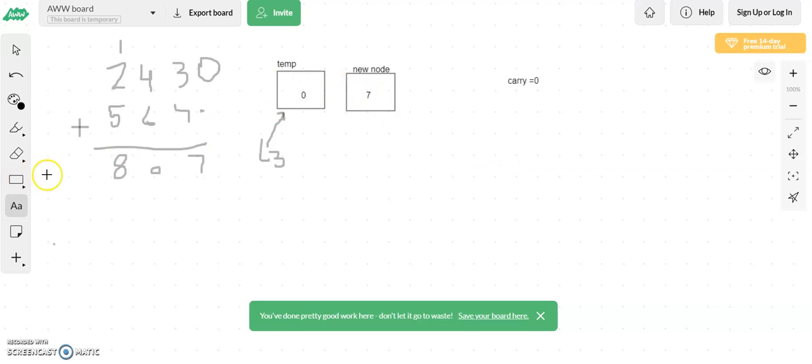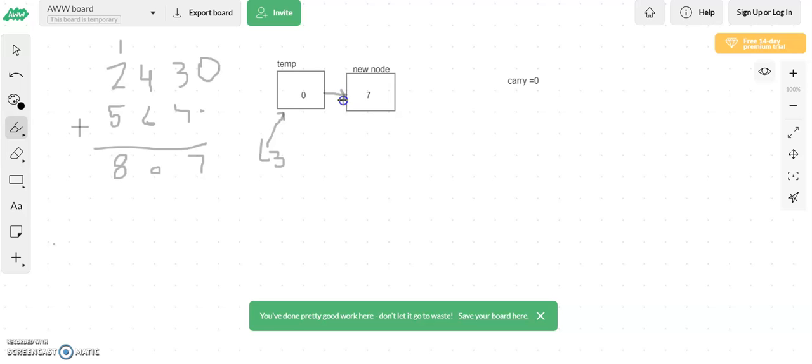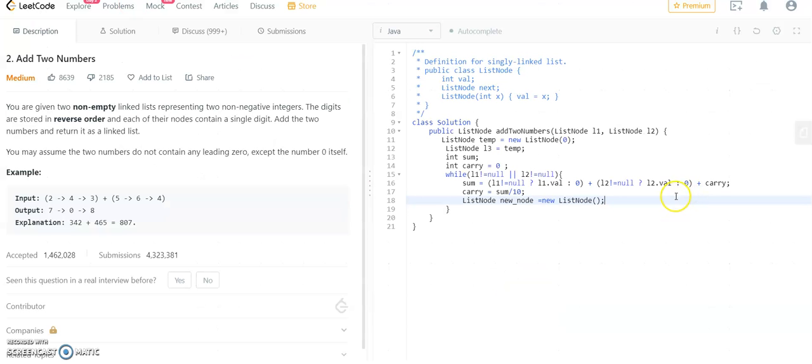And after that we want to create the link between these two nodes. So what we'll be doing is we'll do L3.next will be new node, so that will create a link. L3.next is new node, so let's do that here.